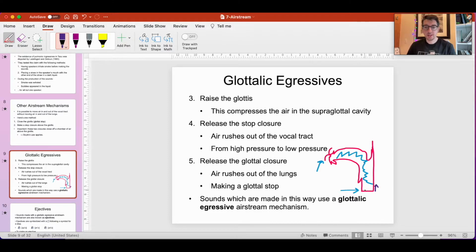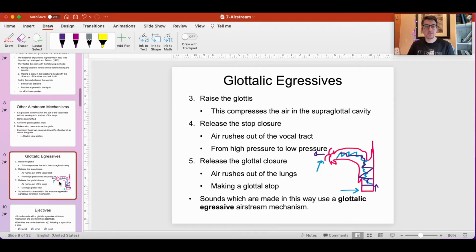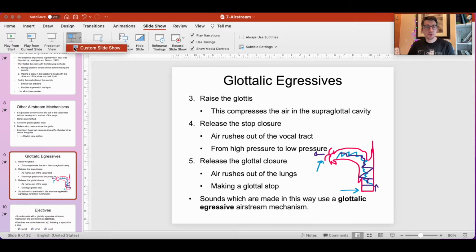And when you raise this, the glottis comes here and it pushes the air above, so the air now is compressed, right? The chamber here is decreasing. Remember, the chamber decreasing, and when the chamber decreases, the air pressure becomes higher. So you want to release this air into the atmosphere, right out there, and that's how you make a glottalic egressive sound. A glottalic egressive sound is also called,